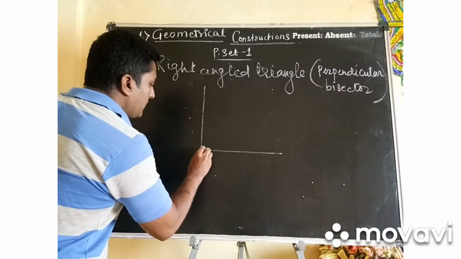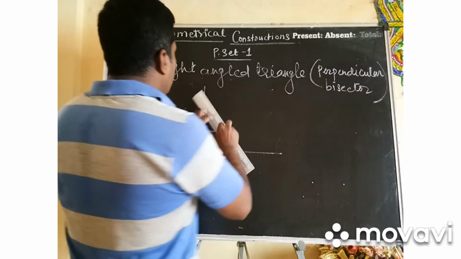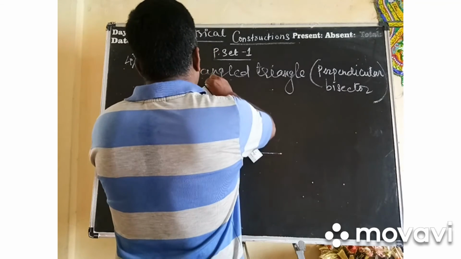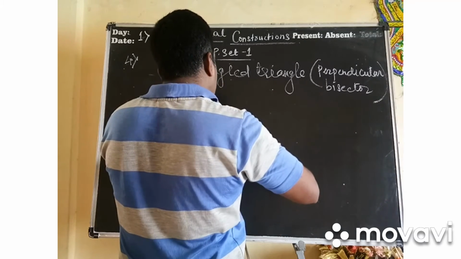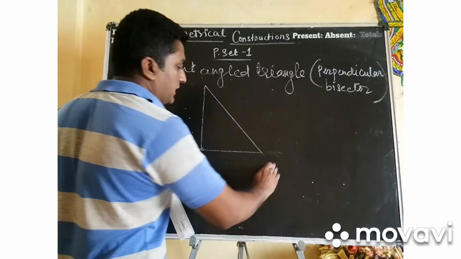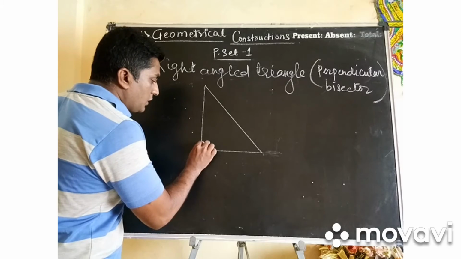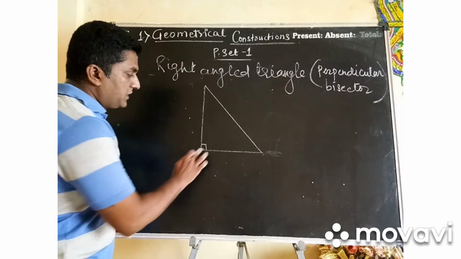So this is nothing but my right angle obtained. Now somewhere, as per your convenience, you join it. As per my length of scale, I am making it. It is not necessary how much length we should take. Any triangle of any length you can make. Now see, this is your 90 degrees, meaning it is your right angle triangle.